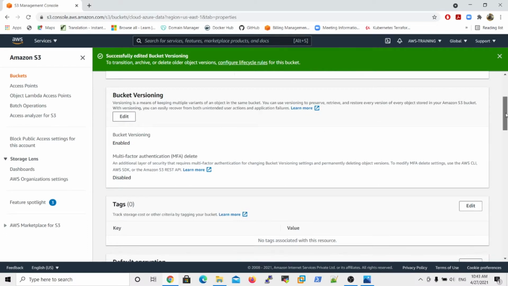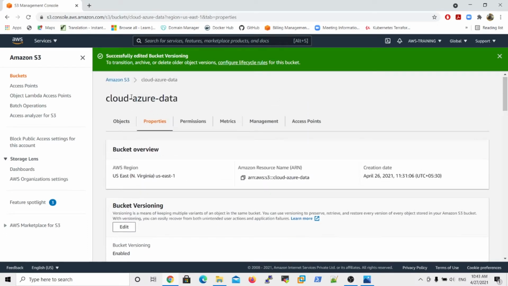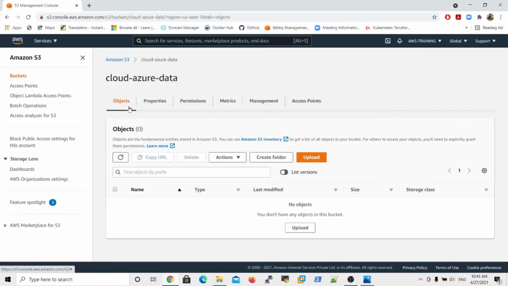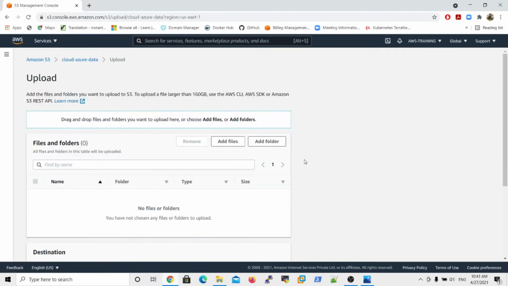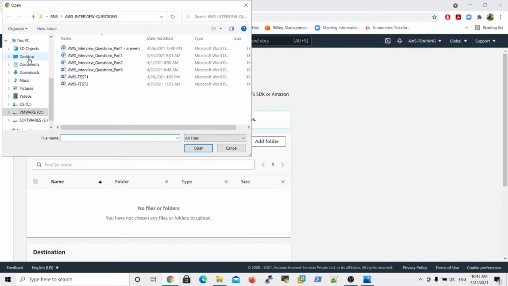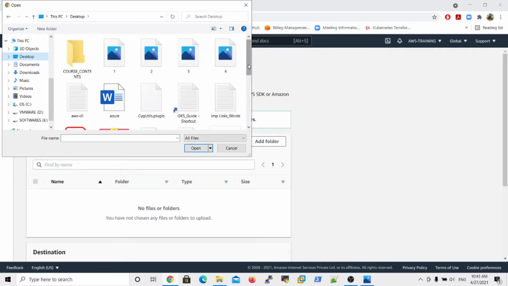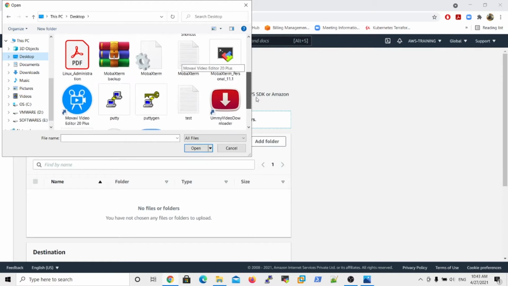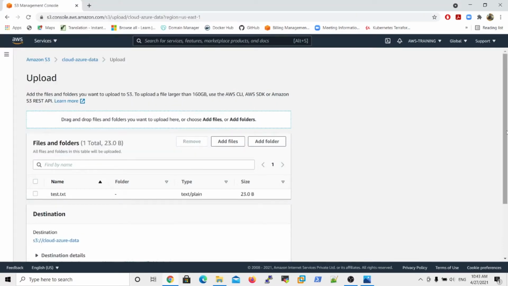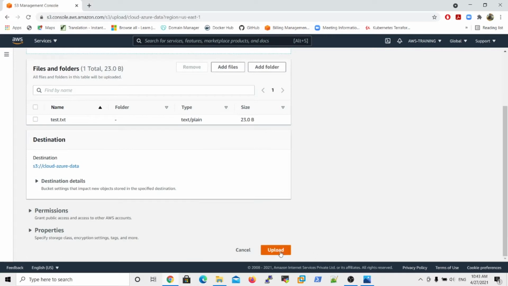Now if I upload any object in the bucket, for example in Amazon S3 my bucket name is cloud Azure data. On my desktop I have a file, the file name is test. I upload it.